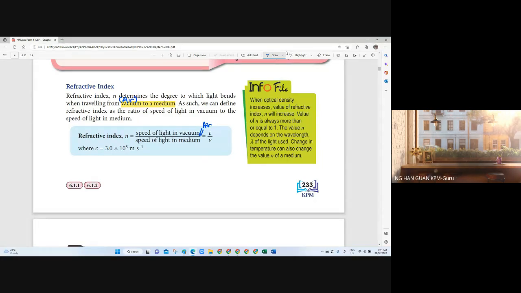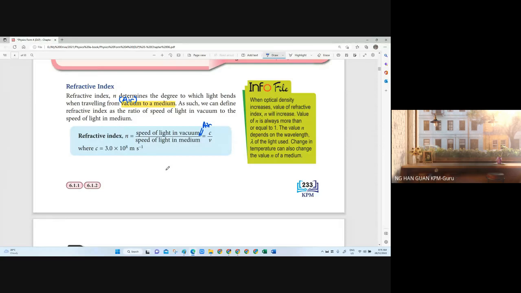Okay, so from here you can see that at the beginning we used the term velocity, and when we come to here, suddenly we use the term speed. So this is one of the reasons why, from the beginning, I don't prefer the term velocity given in the textbook. By right, it refers to the change in the magnitude of the speed itself. Okay, so this is one of the formulas, based on this ratio we can determine the refractive index